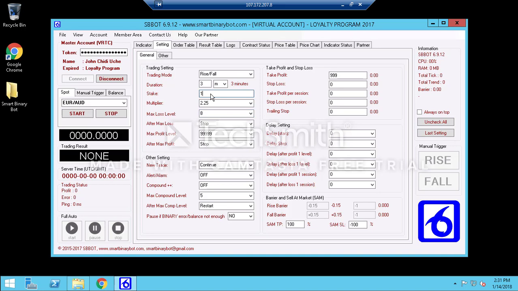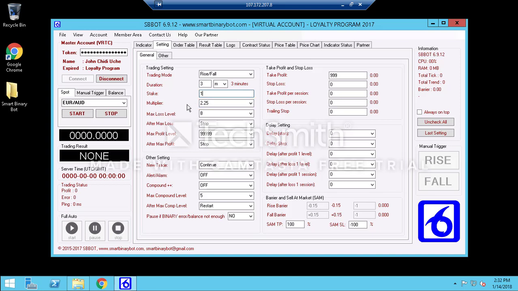Stake 1. You will still make it. With this one, I've tested all those things. For those that are starting with more money, we are not the same. Our fingers are not equal, but I believe that you have to work hard to be among people that are bigger than you. Okay, so you can start from 1.